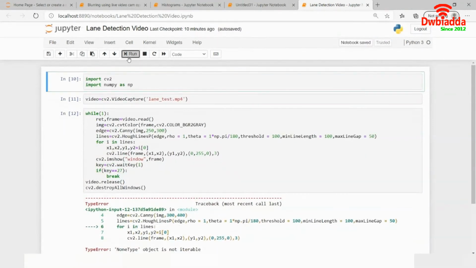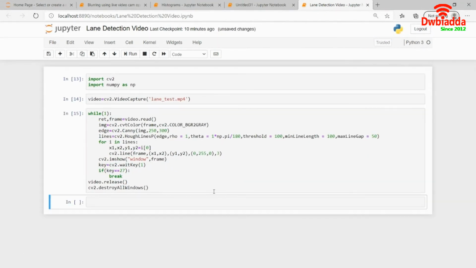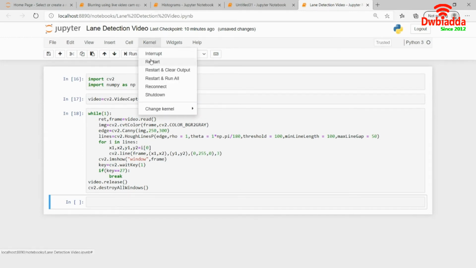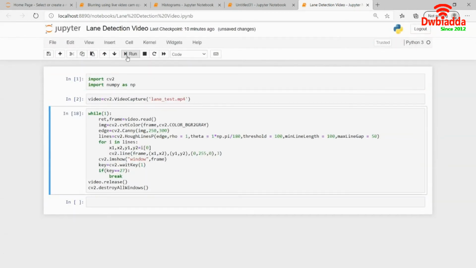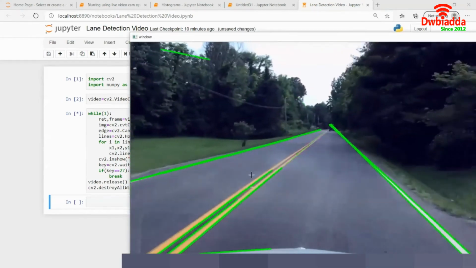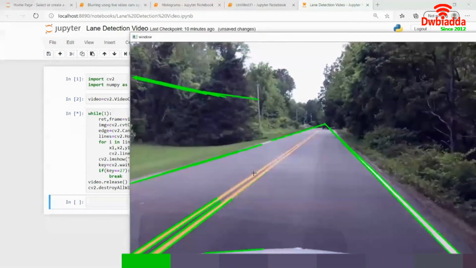So run this piece of code again, and again. I don't know why it's not running. Let me just restart my terminal. And you see now, is it getting better?